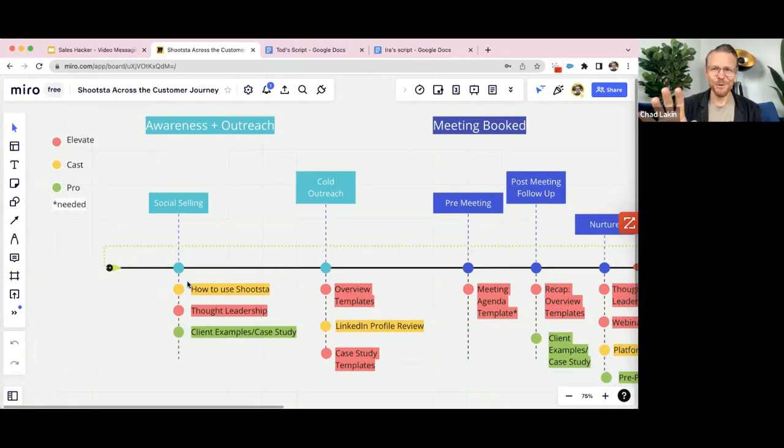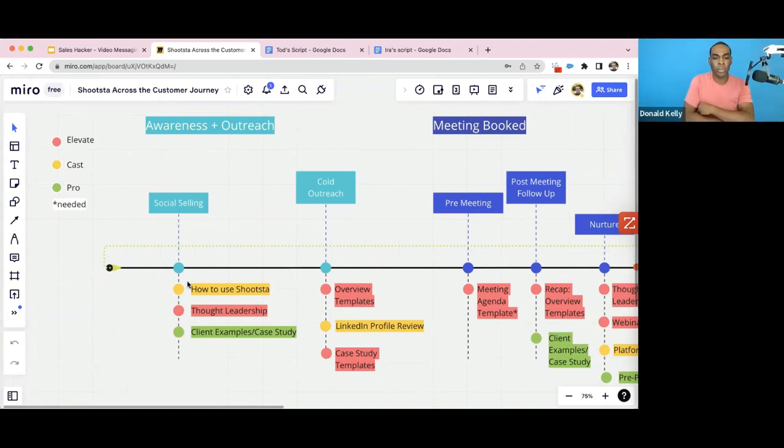So I'm going to blaze through this real quick, guys. If you've got any thoughts, feel free to throw them in the chat as well, or any questions along the way. We want this to be an interactive session. Donald, shout me down if you've got any ideas as I go through it. Yeah, for sure. Go for it.